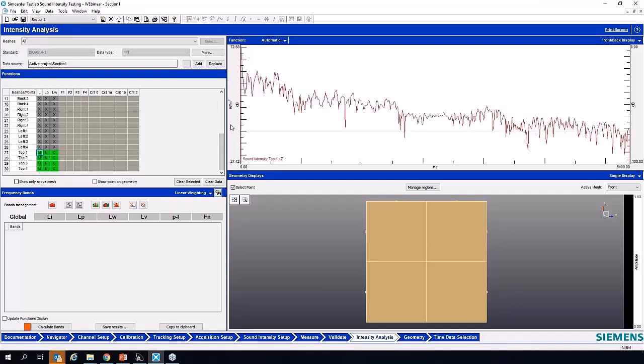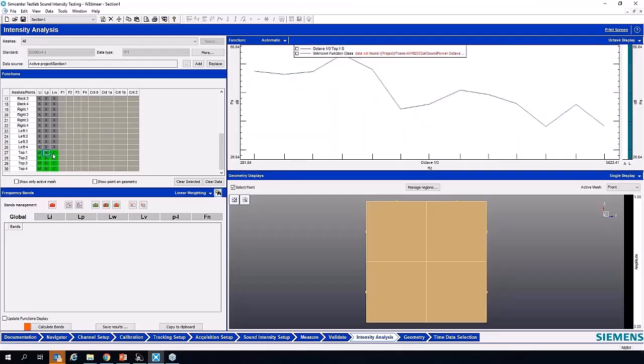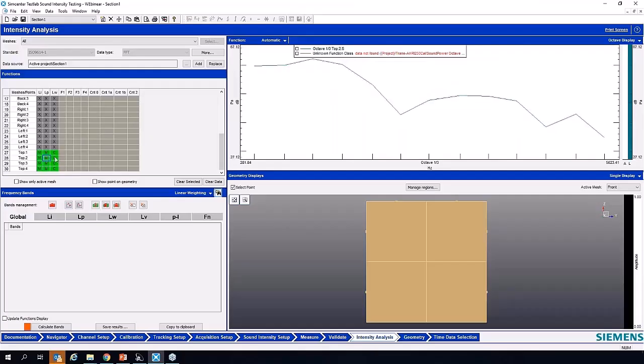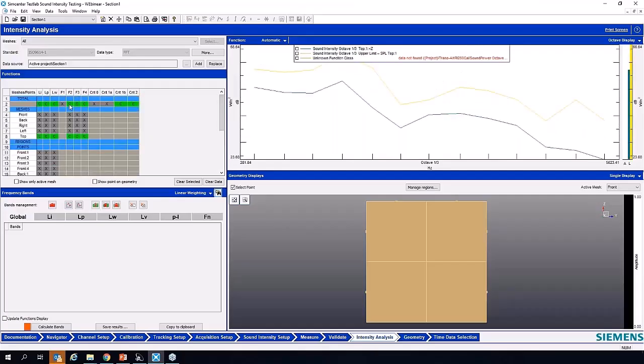And we did some dummy measurements, and we can look at them in terms of octaves to see whether everything looks okay or not. And there are the field indicators here, the F1, F2, F3, F4, they're automatically calculated. Remember, we use the 9614-1 standard for this measurement, so that's why they are shown there. If you use the 9614-2, similarly we'll get F1 and F2. There are only 2 field indicators for that.